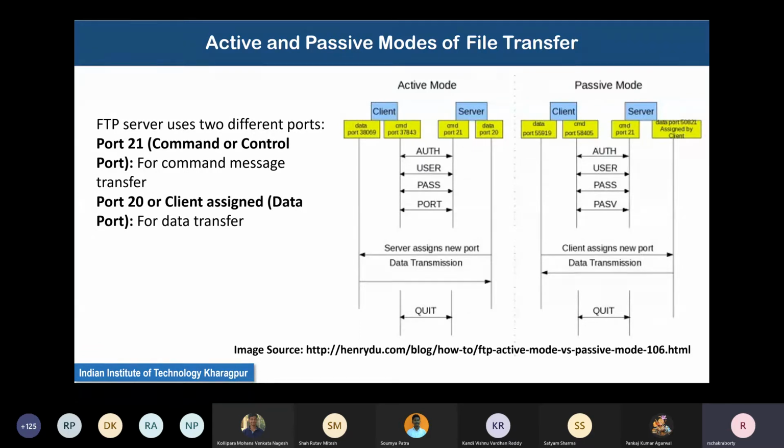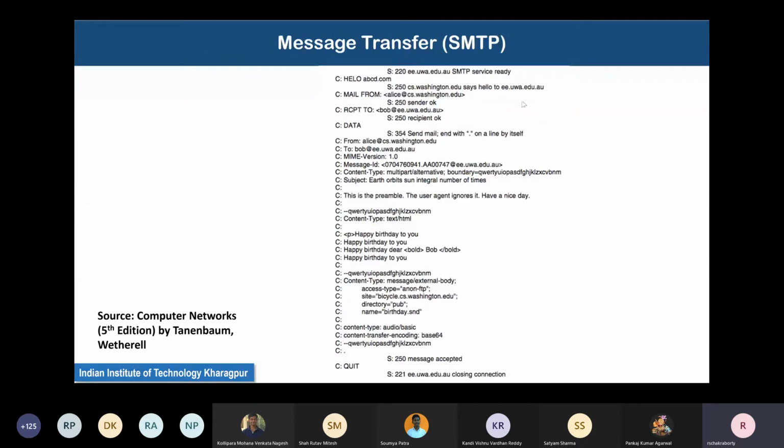Anyway, it's not very relevant to our course, but where is TCP coming into the picture? TCP is coming into the picture by providing all these services in the background, which we are just taking for granted, that yes, there will be an authentication command, there will be a user command, and some response string would come back. There were other examples also, like in the last class, there was this SMTP session. This is a direct SMTP session between an SMTP client and a server. The lines starting with C are the commands typed by the client, and the lines starting with S are the responses received from the server.